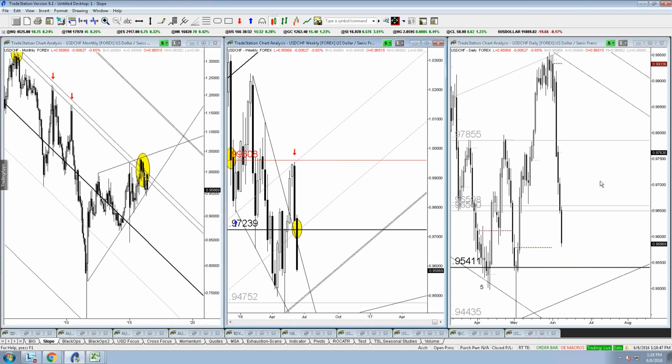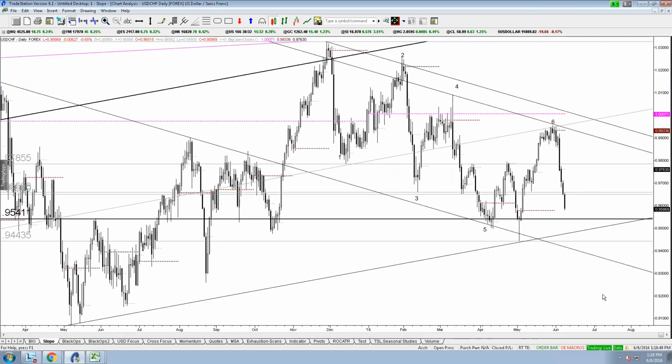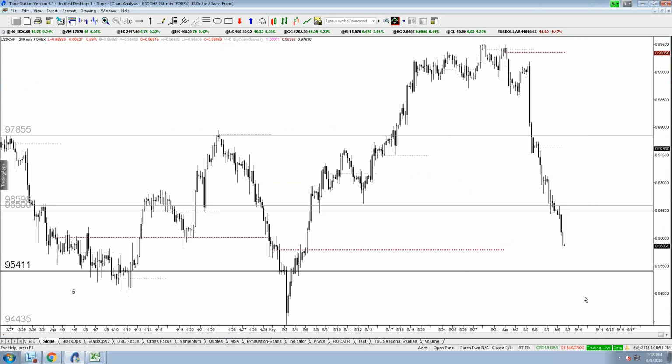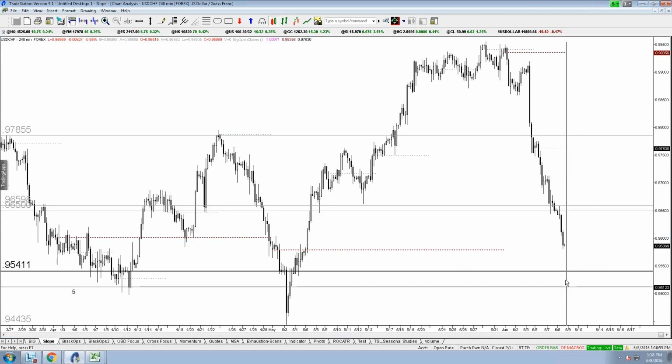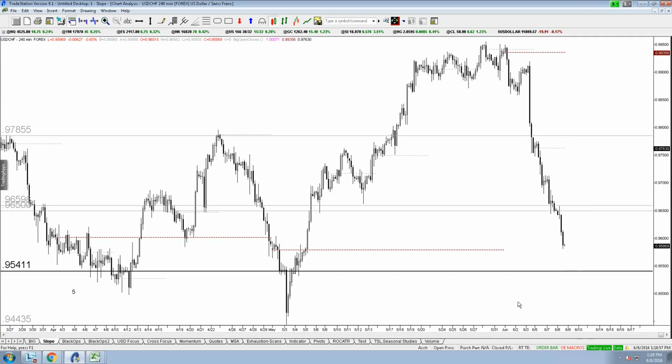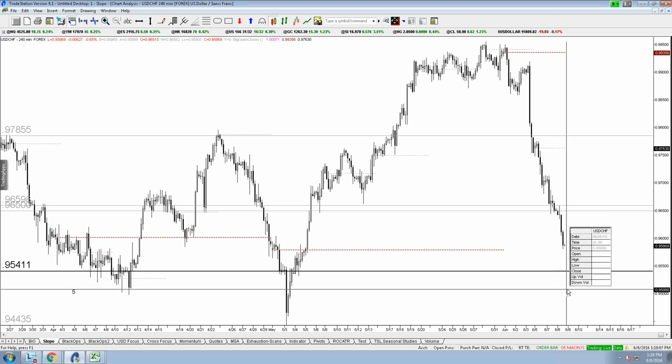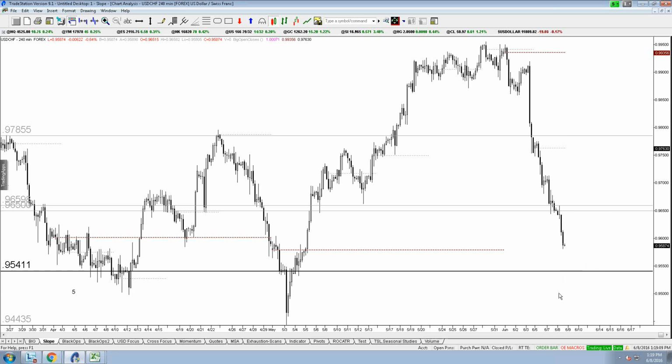Okay, so short-term stuff here. Support probably would come in, if there is any such thing, around 95.40. And again, eventually something up here, but that could take a while. All right, nothing to do here. Again, it would be counter trend to go on the long side, in my opinion, but there's nothing wrong with that. If you get signs of a reversal down here at 95.40, it might not be a bad idea.